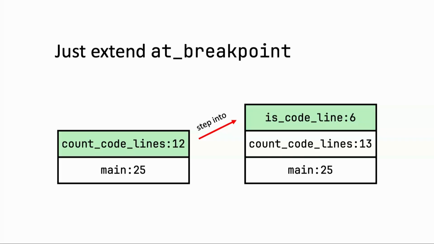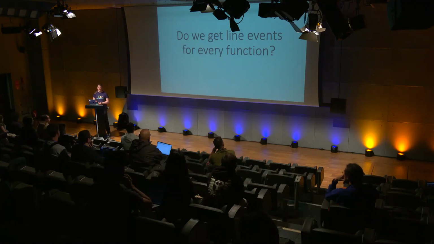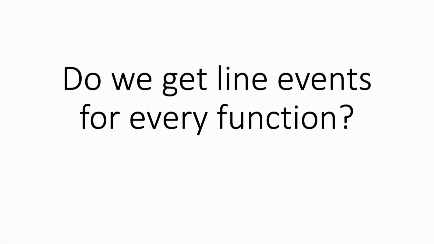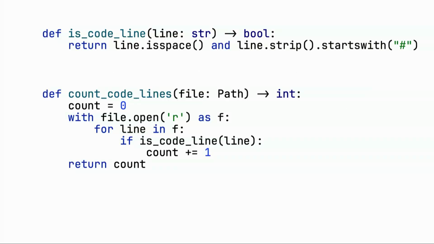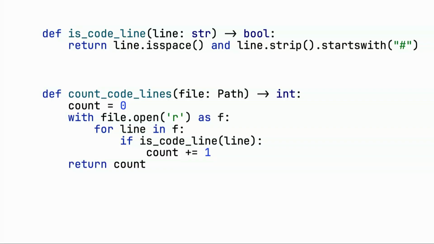The question is now, do we get line events for every function and every line? Any ideas here? Any opinions? Do we need to get line events for every function of every line that we might want to debug in the program? Anyone? Any opinion? Yes, that's cool. Yes, of course. And that's a problem. And you guessed right, because it was a 50-50 chance. Yay! The audience wakes up. Woohoo! It's only 9:50. It's only 10. So woo. So yeah, and that's a problem.